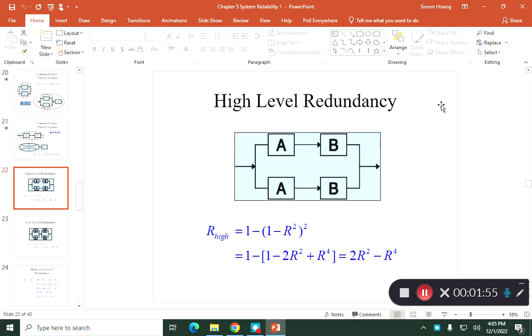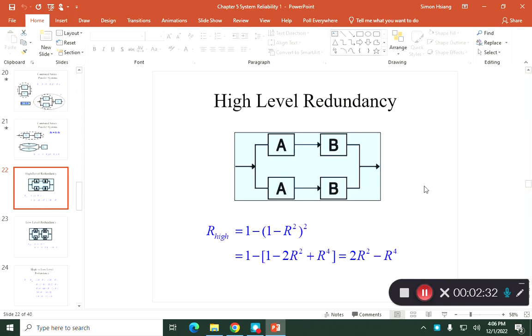So here we're talking about the high-level redundancy system. So reliability: if I make every component R, then R1 and R2 become R squared. RA times RB is the R squared part. And then if this fails, the system will fail. So this one and this one become a polynomial. So it becomes 1 minus the